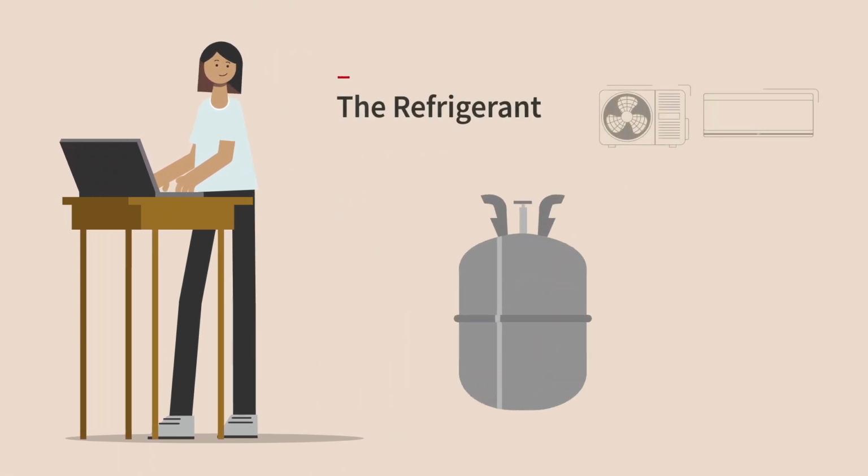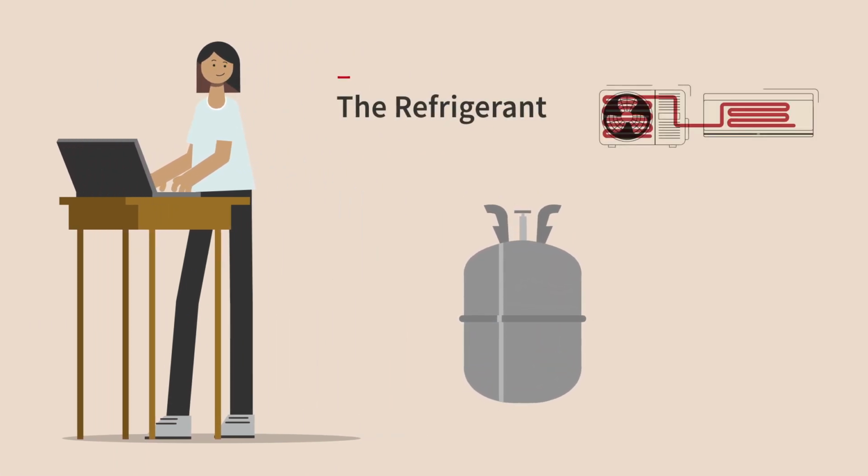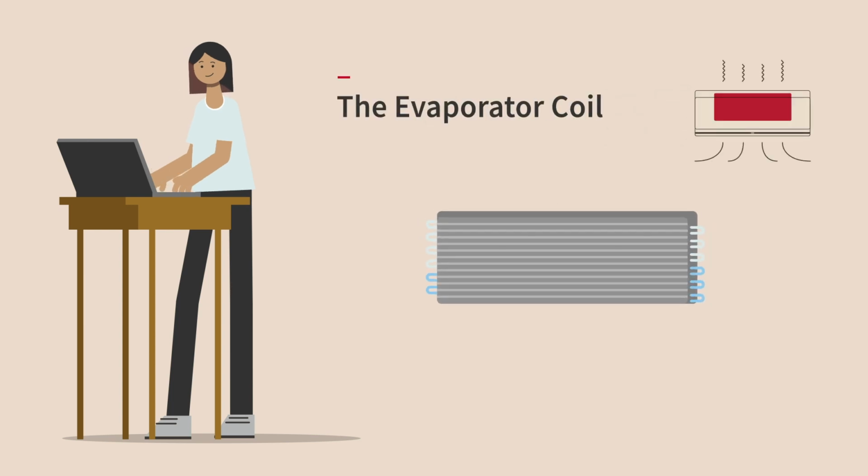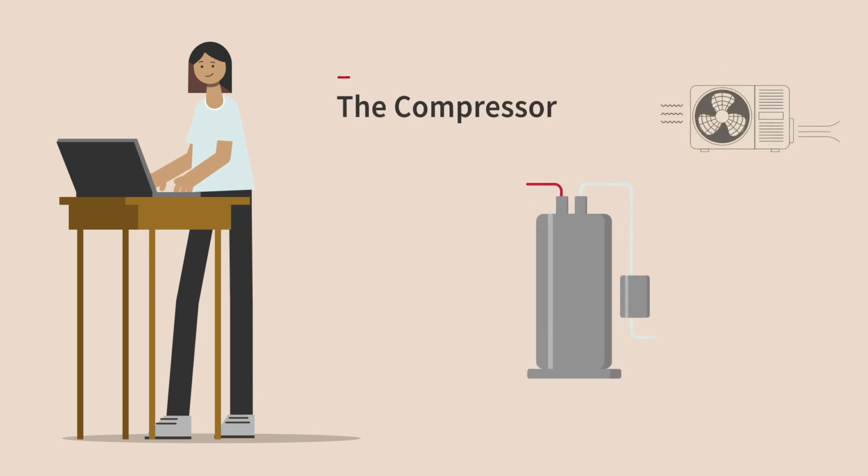The refrigerant. It transports heat from the indoor unit to the outdoor unit, where the heat is then expelled. The evaporator coil. It delivers cool air indoors and removes the heat from your home. The compressor. This is the heart of the system, located in the outdoor unit, and is essential for transferring heat